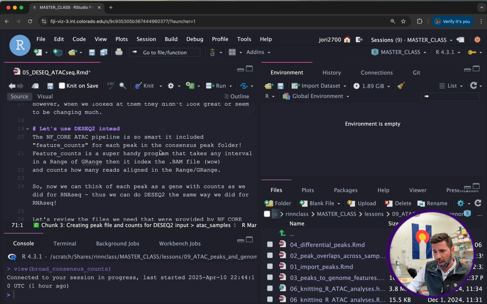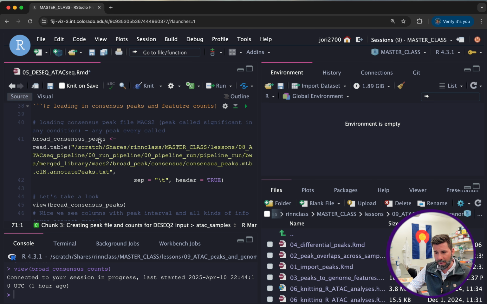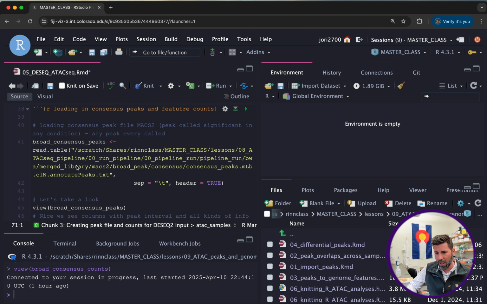Okay, so there's much more information in this document talking about that, but here's the other file I'm talking about that comes from the output of the MACS2 broad peak consensus. This is if you ran the pipeline. If you didn't, no big deal. You just need this peak file here, which is freely available to download in the links below. Okay, so we have consensus